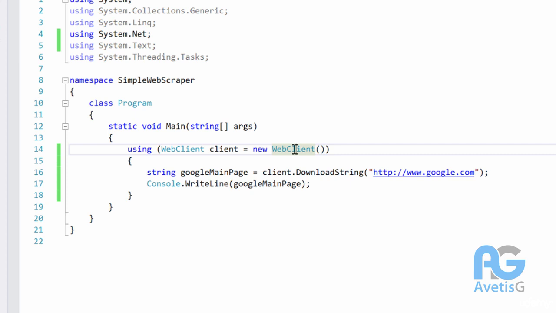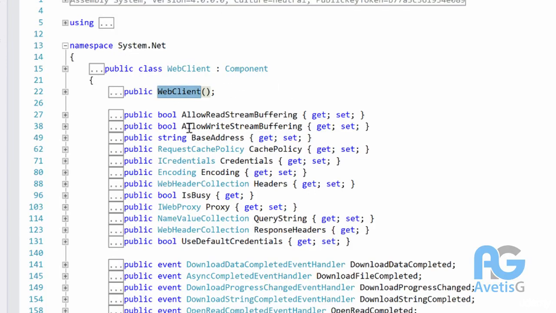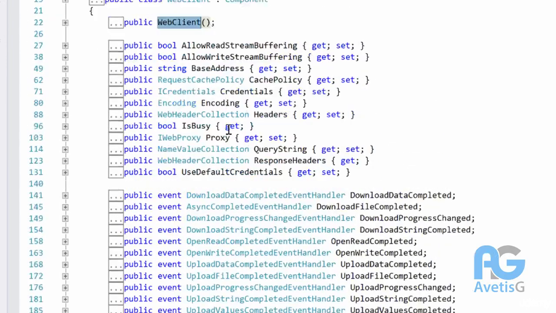So IDisposable is essentially a way for them to say, hey, after you're done, this is how you get disposed of my resources. And web client, if you actually click F12 on it, you will get to see the